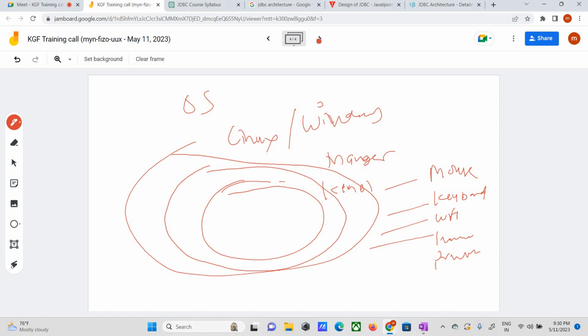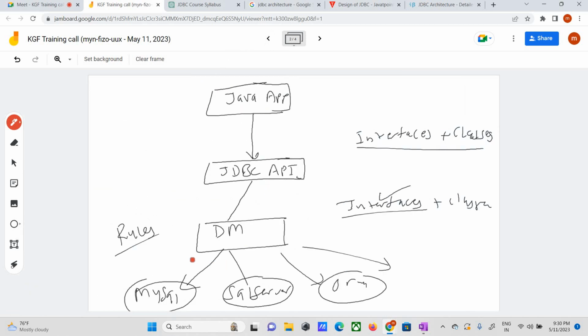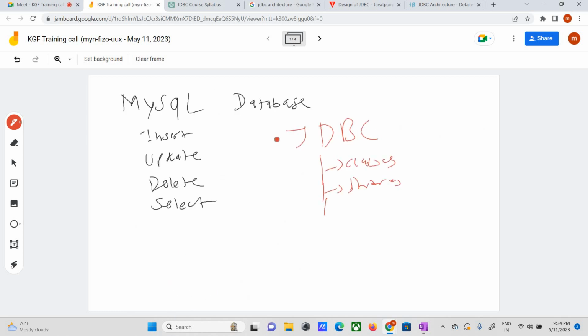It is a kind of software which makes a connection between your hardware and software. So similarly, in the database also we have this driver manager service or drivers which are available. So I have explained this in the previous. We can have multiple drivers. A driver is specific to the server. It depends. A driver is nothing but, in general, a class of Java, right? If it is MySQL there will be a MySQL driver, if it is Oracle there will be an Oracle driver, if it is Postgres there will be a Postgres driver, similarly and so on. So we can have multiple